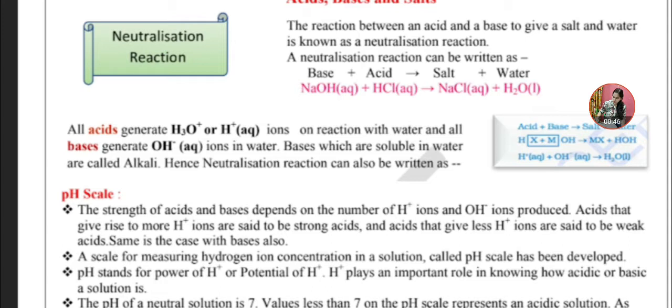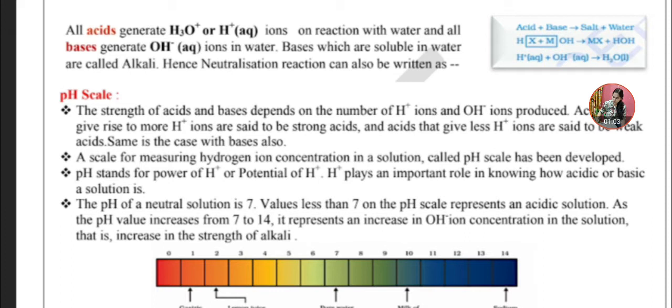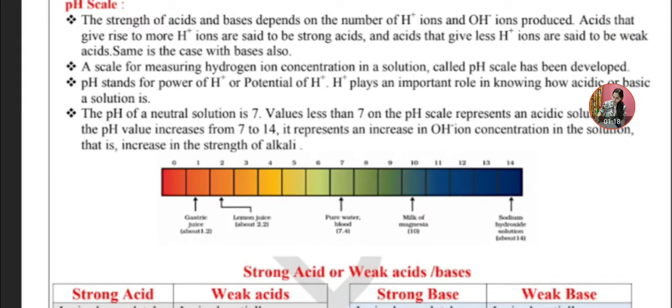There is a scale, students, which is developed for measuring the hydrogen ion concentration. Whether hydrogen ion concentration is more or less, this scale helps us. This scale is called the pH scale. pH means potential: P for potential, H for hydrogen. It means the pH scale gives us the potential of hydrogen ions, whether it liberates in more concentration or less concentration. You can see here a scale starting from 0 and ending at 14, and 7